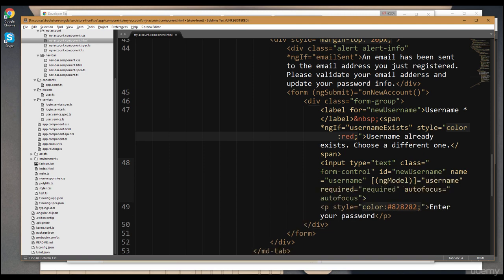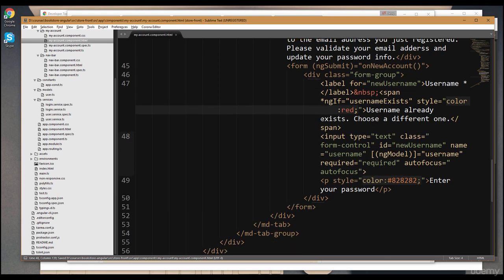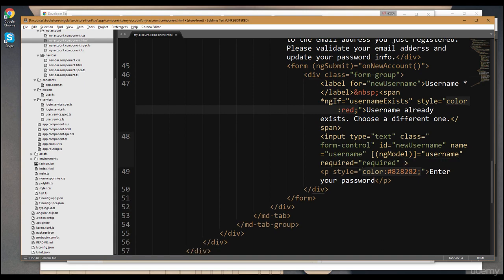You don't want to have conflict on some of the IDs and ngModel from the above. Okay, so autofocus, get rid of that. And here it says enter your username. Okay,